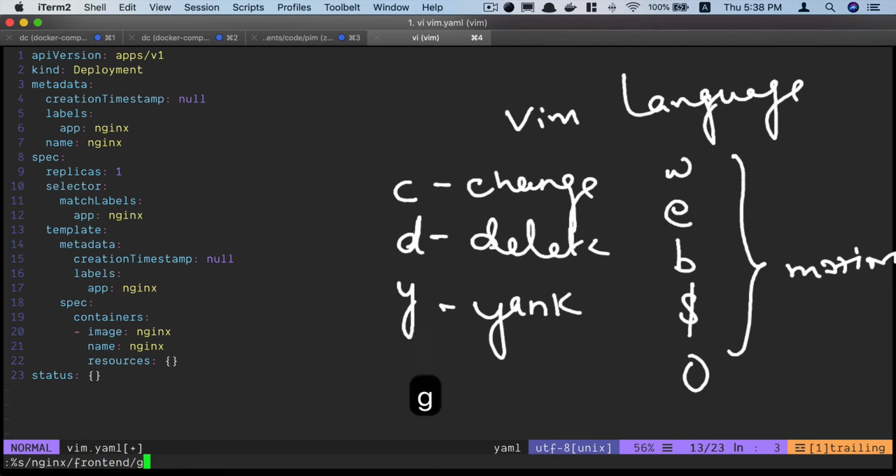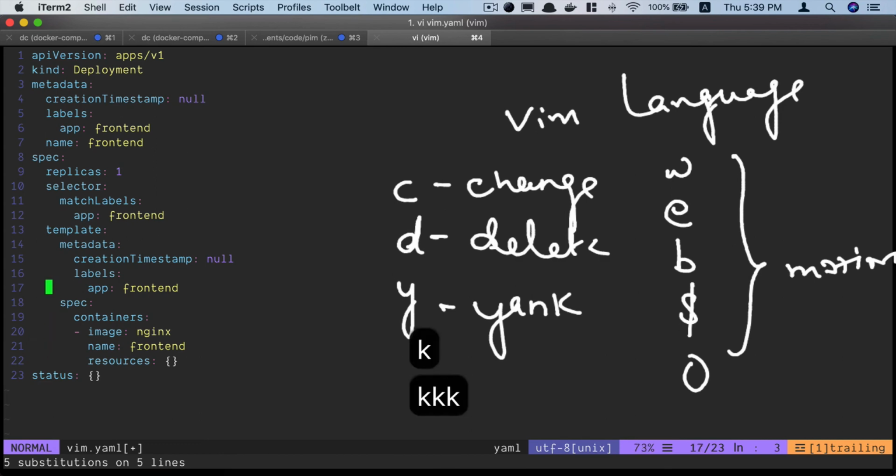And pressing G will change it globally, but you want confirmation because you don't want to change the name of the image. That would actually error out, right? So you want it with confirmation. So GC. And now if you see, it is asking your permission to replace the first word that is highlighted there. If I press Y, it replaces it. But now I don't want to replace the image, so I can just press N and it will go to the next word. Y. And as you can see now, all the words are replaced.